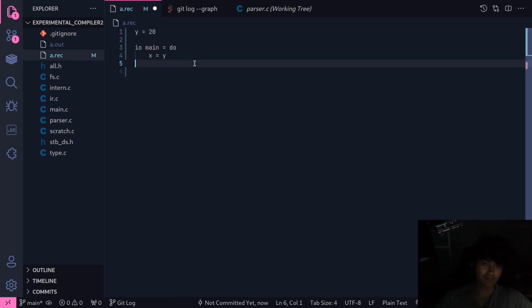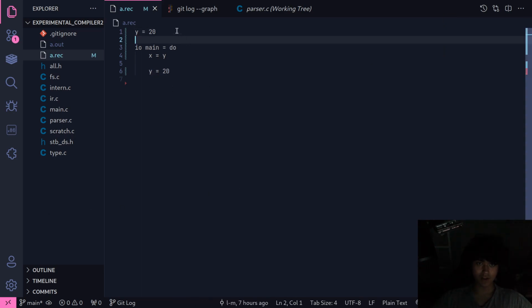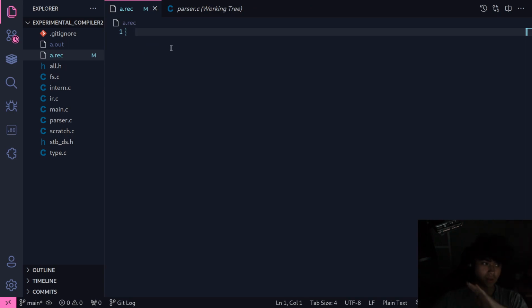You have to have explicit order. If you define a variable in the same scope and it has uses before that, that's an error, and it should be an error. It's annoying that it's not. Okay, well, I got that out of the way.